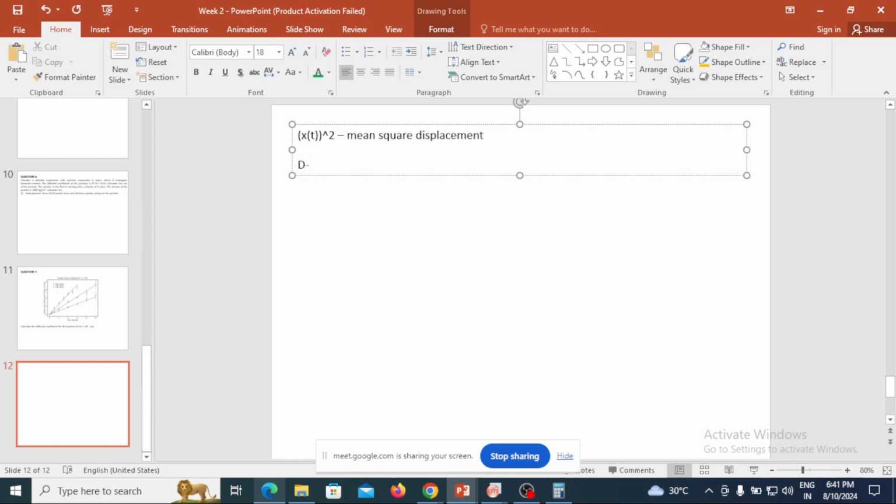So small d is nothing but the number of dimensions. So if the dimension is 1, it will be 1. If it is 2, d will be 2. If it is 3, d will be 3. Capital D is nothing but diffusivity, or you can also call it the diffusion coefficient, and t is the time traveled